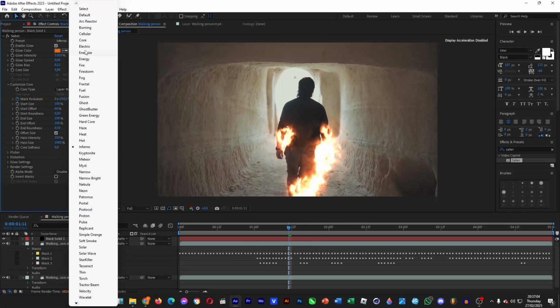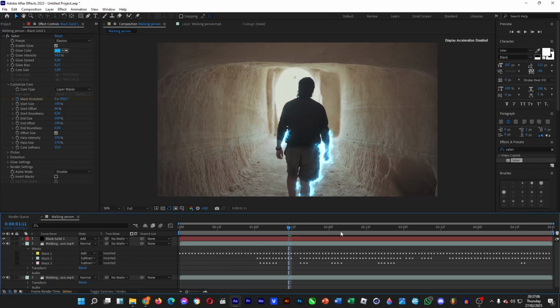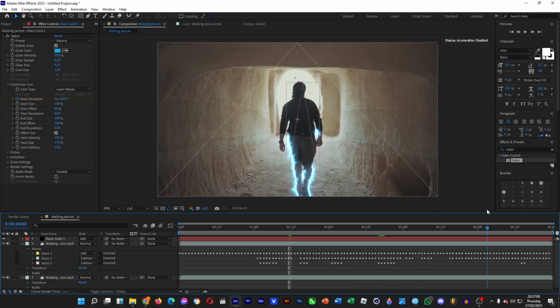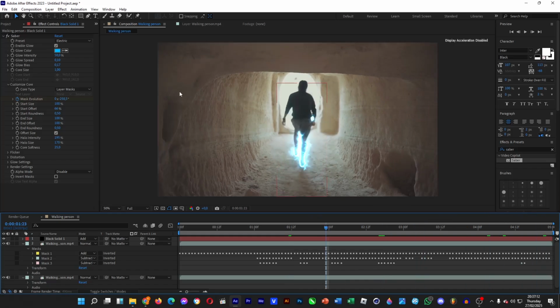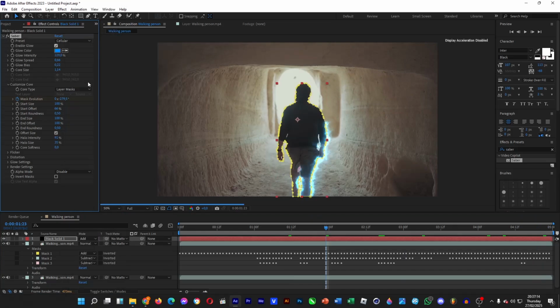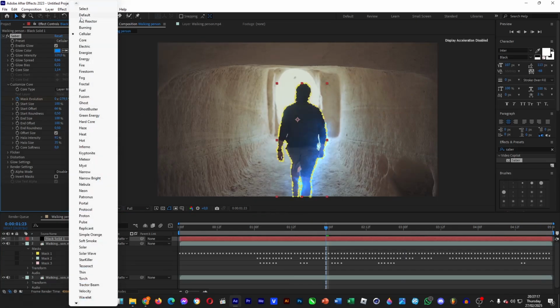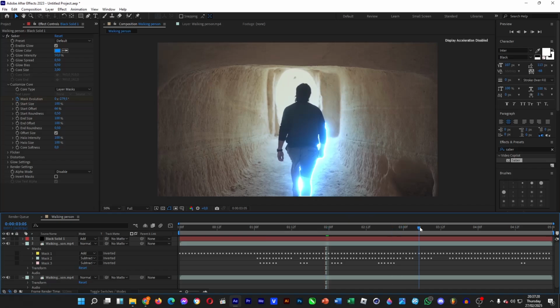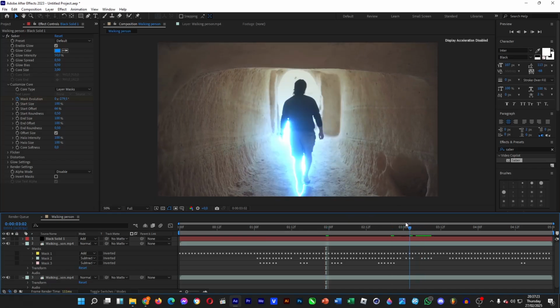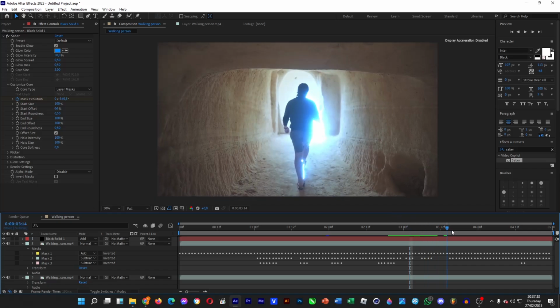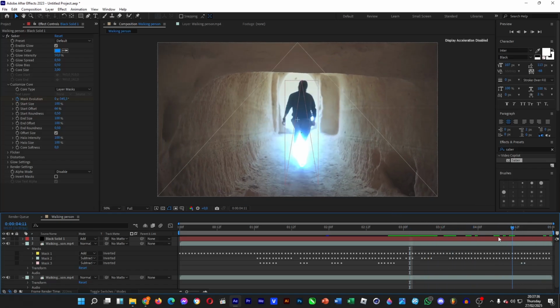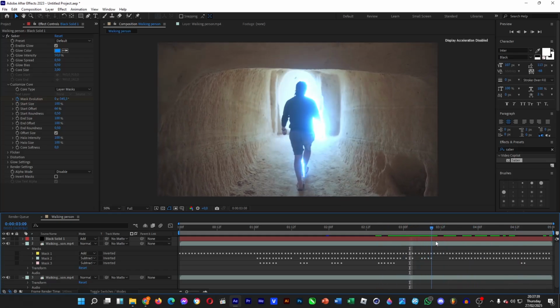I like the electric one better. Or maybe cellular. I think the default one is actually better. And then the glowing area is pretty much projected on these walls close to the subject. But you can also